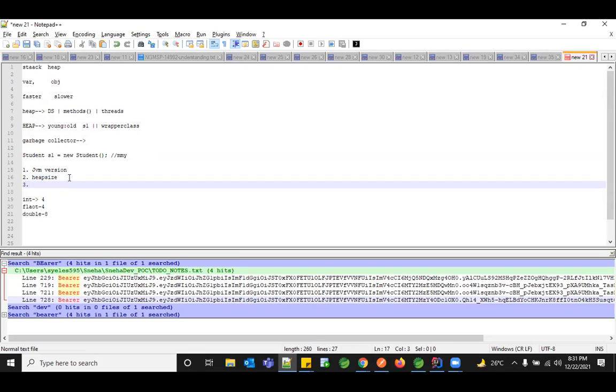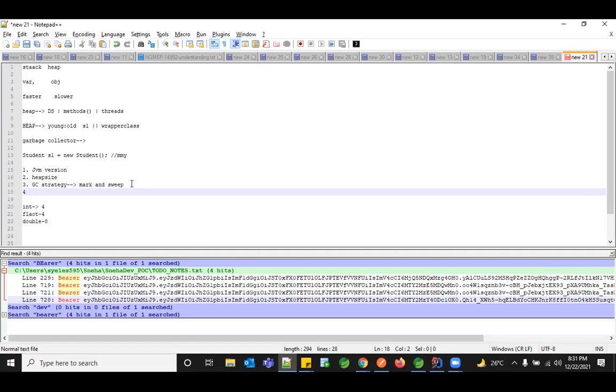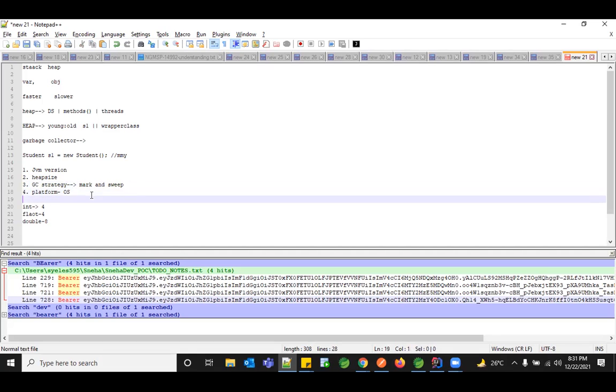The third one would be the garbage collector strategies. There is something called the mark and sweep strategy, which is followed by the garbage collector in your JVM. We'll understand this once we learn how to do garbage collection by our code. Then we'll get an idea of this mark and sweep algorithm, but right now, just know the algorithm name. So there's one thing called garbage collector strategy. And the final factor which helps define this is your platform, that is your OS, which helps identify what the size of each object should be.